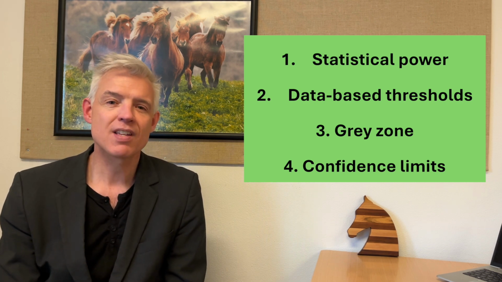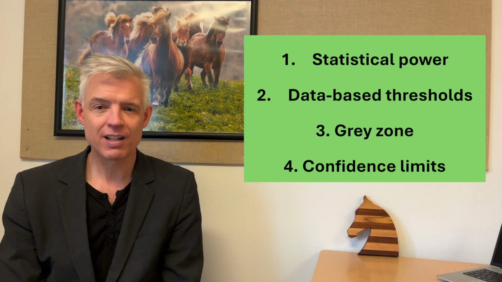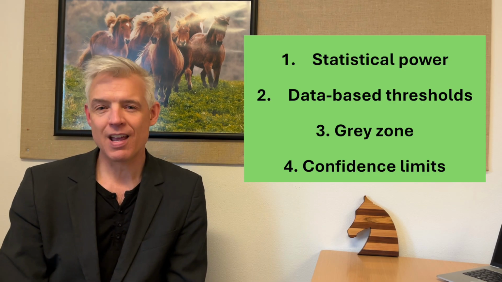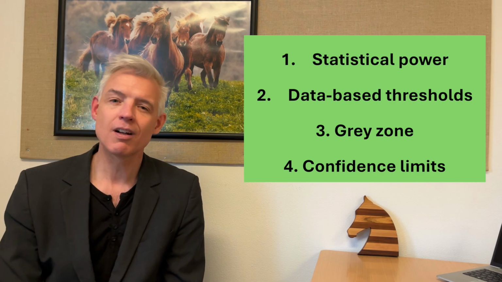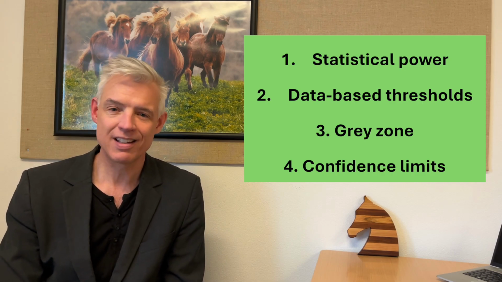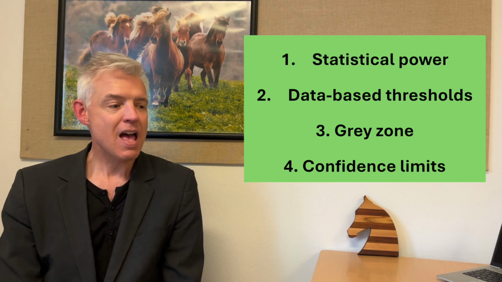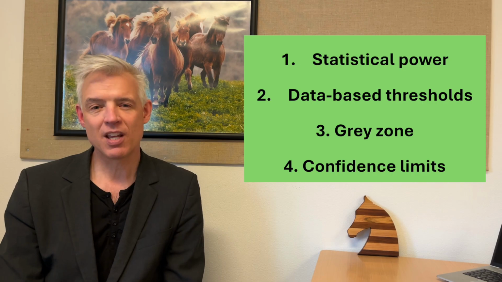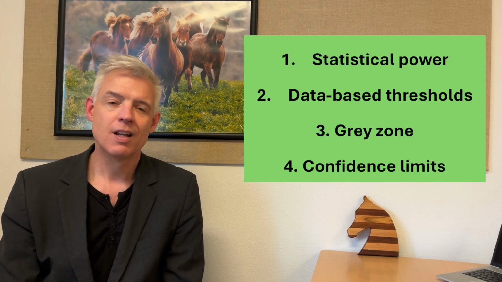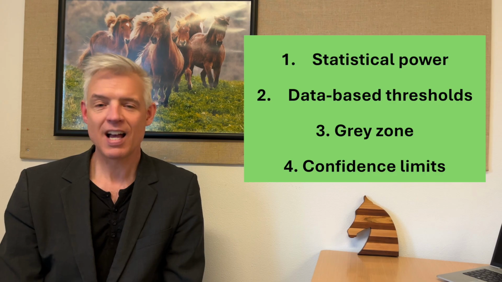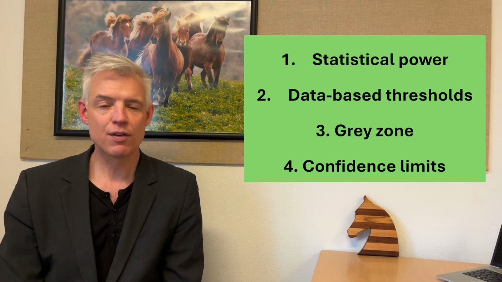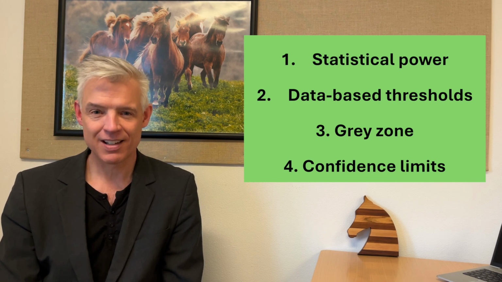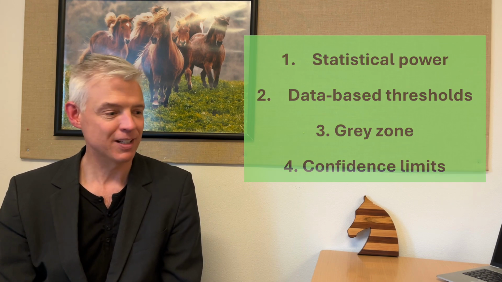So that's new. We also have considerations for statistical power within these guidelines. That wasn't really emphasized very much before, but it is now, and I'll get back to the specifics. We introduce a new concept that we call the gray zone. I'll explain later what that is and how we use it. And then, for the first time, the classification of any particular group of animals or farm is now entirely based on confidence limits and only the confidence limits. Again, I'll explain further in just a little bit.